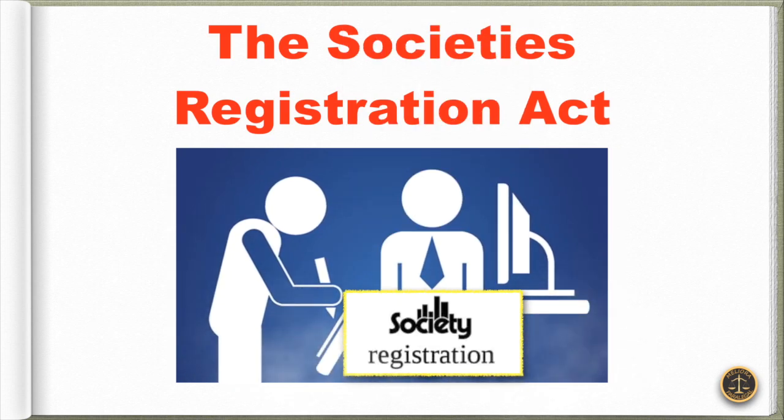In order to promote the formal organization of groups of like-minded people, the British Indian Empire incorporated the Societies Registration Act, which came into force on May 21, 1860. The Act is still applicable and, being an Act of Parliament, comes under the Right to Information Act. So, in this video, I will discuss the provisions of the Societies Registration Act 1860 in brief.